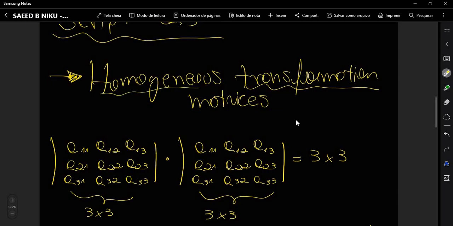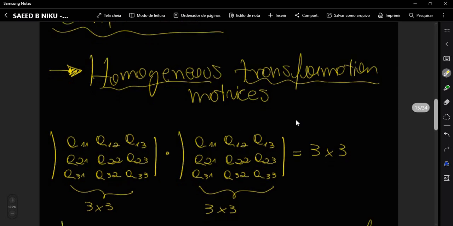Okay, homogeneous. Let me scroll down. Okay, first I'm going to read what is being presented. So it says that for many reasons, it's desirable to maintain the matrices in the quadratic form, whether 3 by 3, whether 4 by 4,